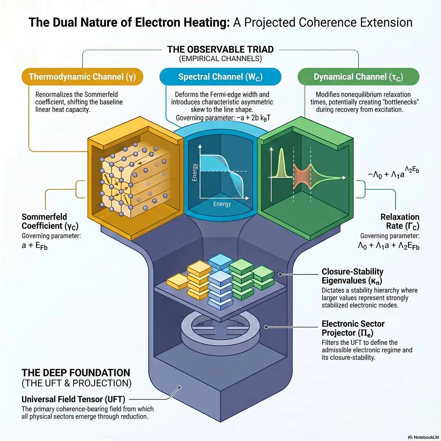And here's where I think the paper drops its biggest bombshell. Depending on the exact sign and magnitude of that closure contribution, the system doesn't just relax slightly differently. It can create a severe, measurable relaxation bottleneck. Yes. If the closure contribution is negative, if the UFT structural grid is particularly unforgiving, the system takes significantly longer to relax than standard electron-phonon dissipation models could ever predict. Wow. The excited electrons get bottlenecked trying to find their proper coherence structure. Tau c becomes dramatically greater than tau 0. They get stuck in traffic trying to get to the reinforced steel apartment.